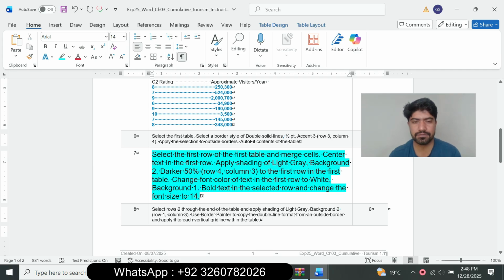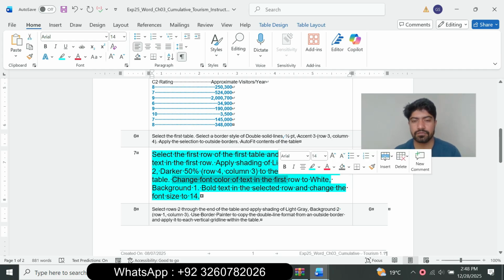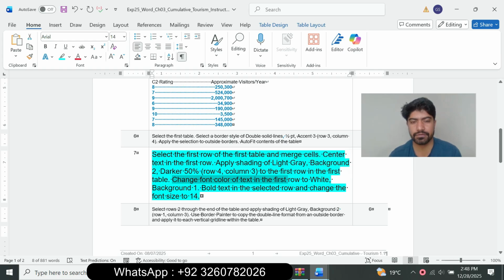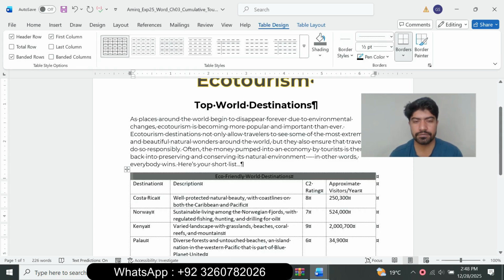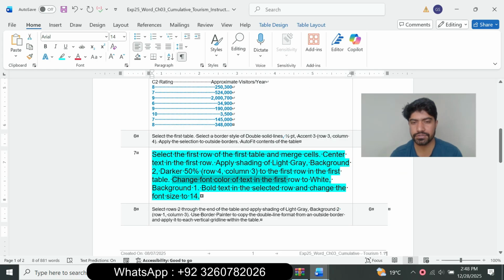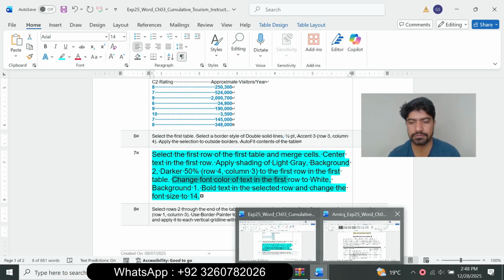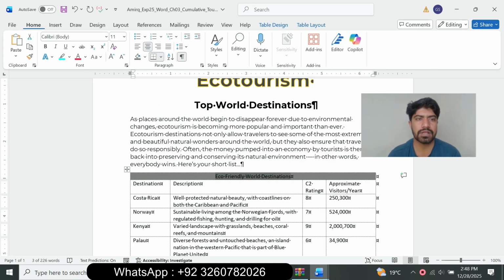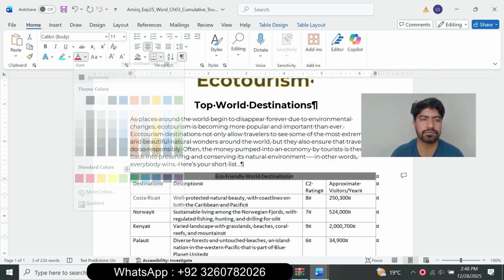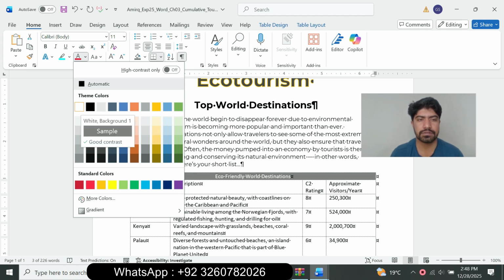The first row in the first table, and change the font color of the text white background 1. So change the font color of the text in the first row white background 1. So go to the home tab and go to the font group, and font color is white background 1. Click OK,